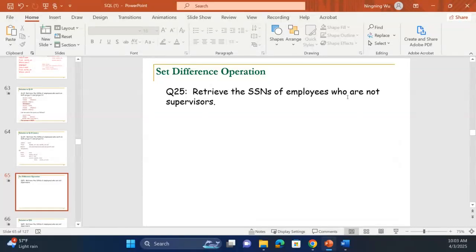Okay, now we discuss an example of the set difference. Retrieve the SSN of employees who are not supervisors. So how do we know an employee is not a supervisor? This query can be answered by using set operations or not. For this one, if we use a set operation, it's asking for the employees who are not supervisors. So one way we can do that, first we can go to the employee table to identify a list of the employee SSNs. And the second, we can,